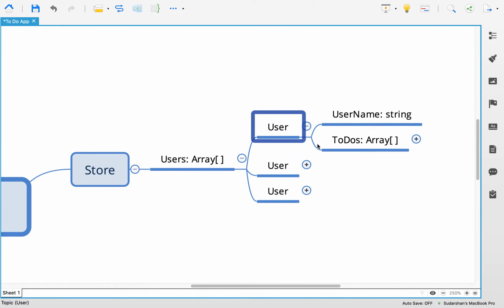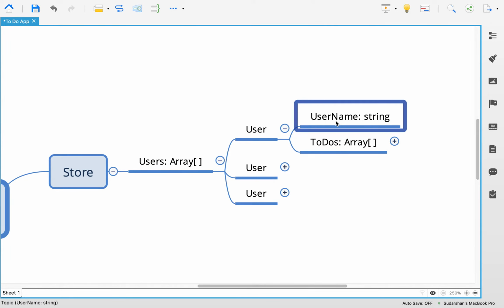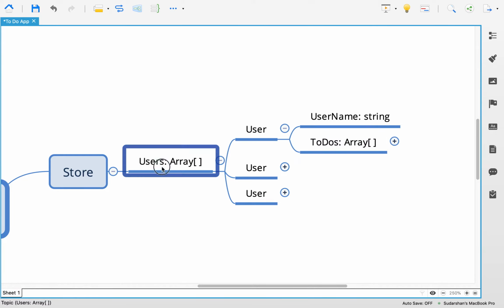Each user will have his username, which is going to be a string, and his to-do list, which is going to be an array, similar to how here it is an array of users. Here it is going to be an array of to-dos.